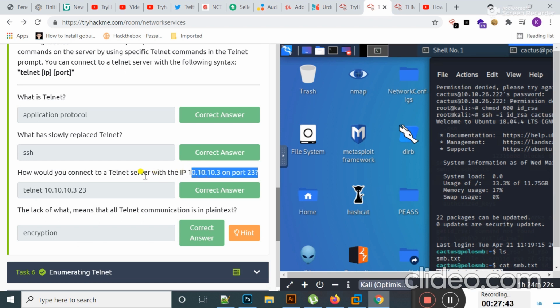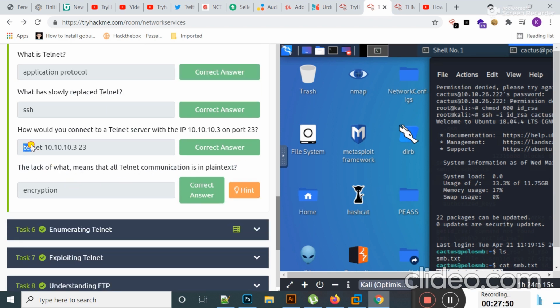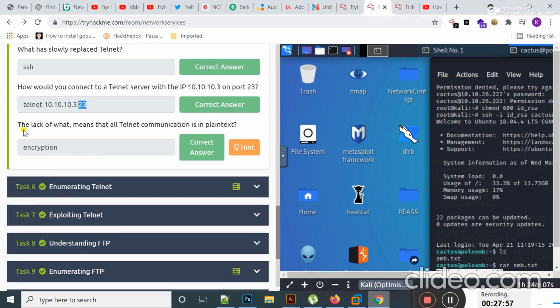Point to be noted, you have to execute commands on a remote machine that is hosting a telnet server. The telnet client will establish a connection with the server, and the client will then become a virtual terminal allowing you to interact with the remote host.